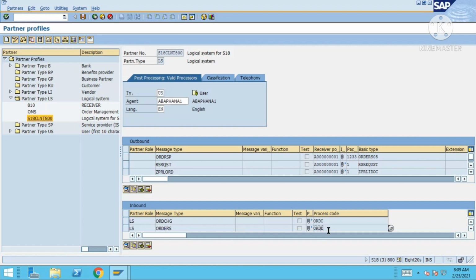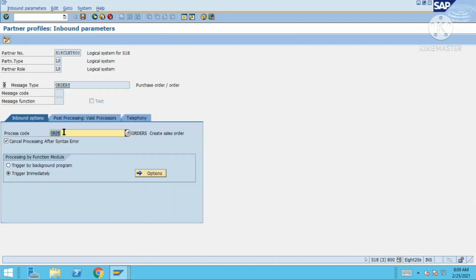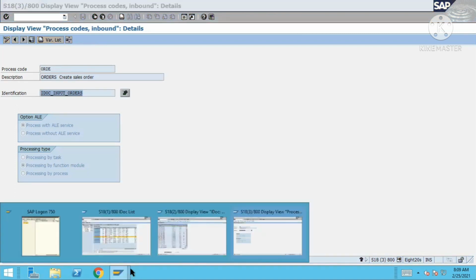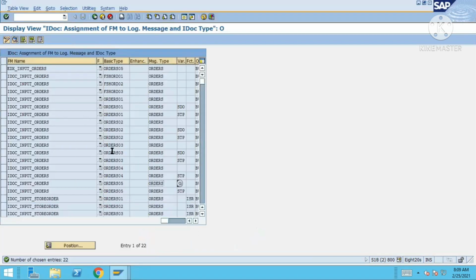And here you'll also have the process code, which I was talking about. So double click on this message type. Once you double click on the message type, see here, this is the process code, and double click on this process code. See, this is the correct function module which is going to get triggered. So the very first step, use WE57, you are going to get over there. This is one typical scenario we face, where multiple entries are there, so it's quite confusing.